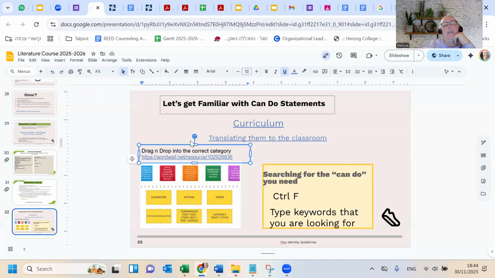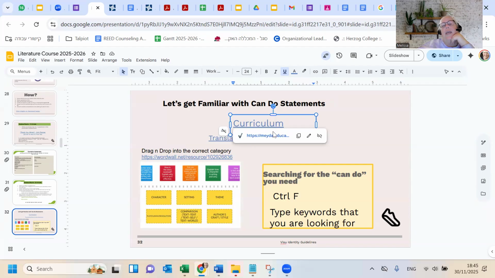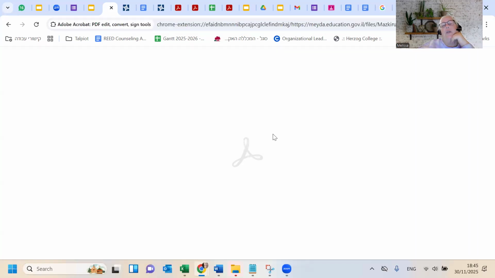And I really like that list of literature, that it has nothing to do with can-do statements. I don't know why I put it on this slide. I thought it was can-do statements. But then these questions can be connected to the can-do statements that you've chosen based on the category that they belong in. And then just a little did you know here, when you're searching for a can-do statement, you can go into the curriculum, and once you open the document, you can do a Control F looking for a statement that you want. So let's say you're looking for a statement that has to do with comparing or with plot or something like that.